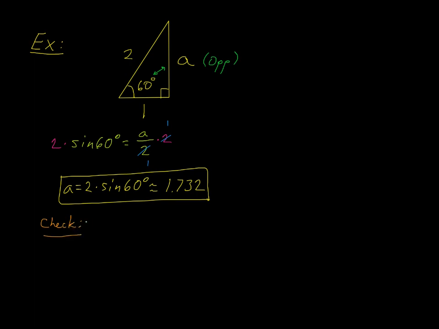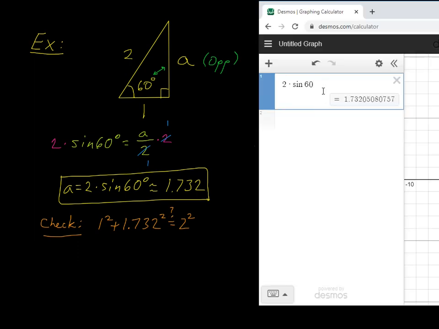Now, one way I could go ahead and check this answer is through the Pythagorean theorem. To check, I could say, well, if I've done everything correctly, then I know that the sum of the squares of these two legs has to come out to be the square of this hypotenuse. So is that true here? Well, is 1 squared plus 1.732 squared the same thing as the square of the hypotenuse, 2 squared? Well, let's go back to the calculator and check it out. So I'm going to do here 1 squared, which is of course just 1, plus